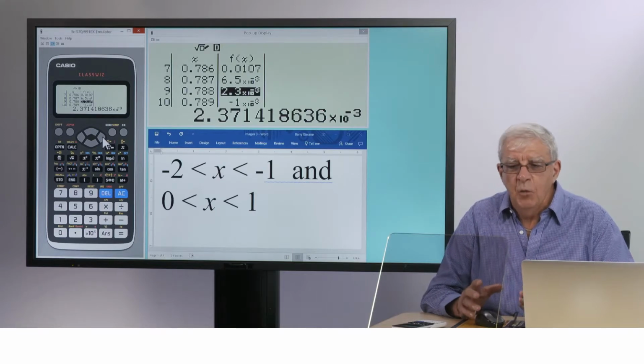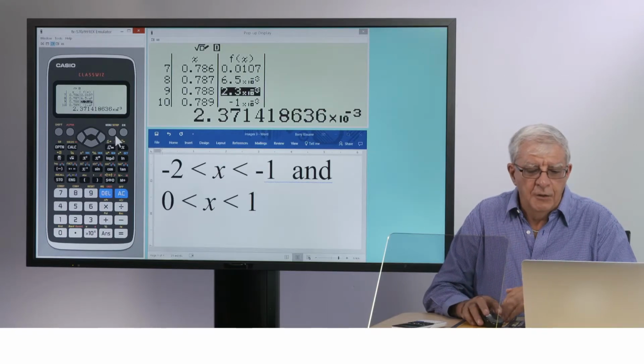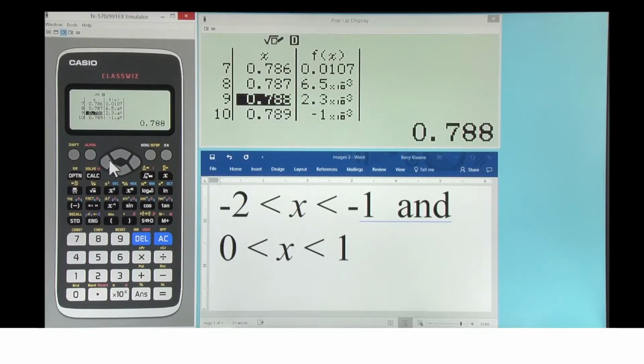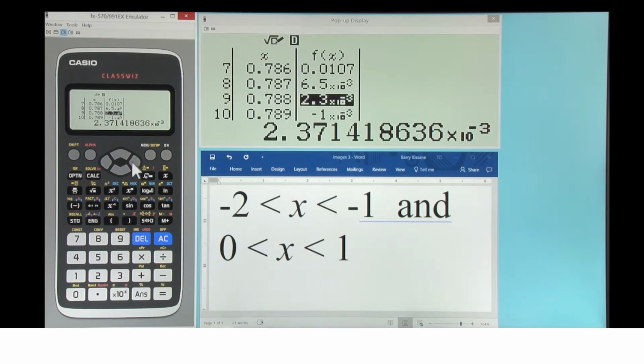Let's do this one more time to see how close the result gets in one more iteration. Between 0.788 and 0.789, the values change from positive to negative. So we will use those values in a new table.